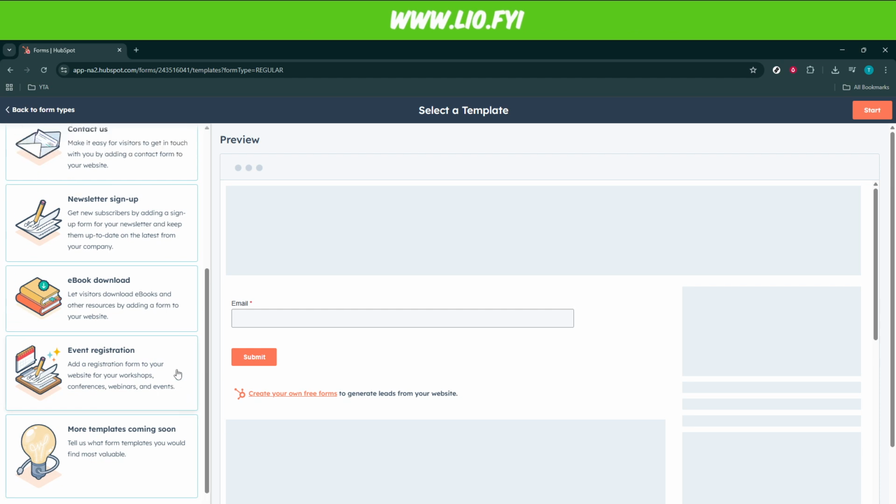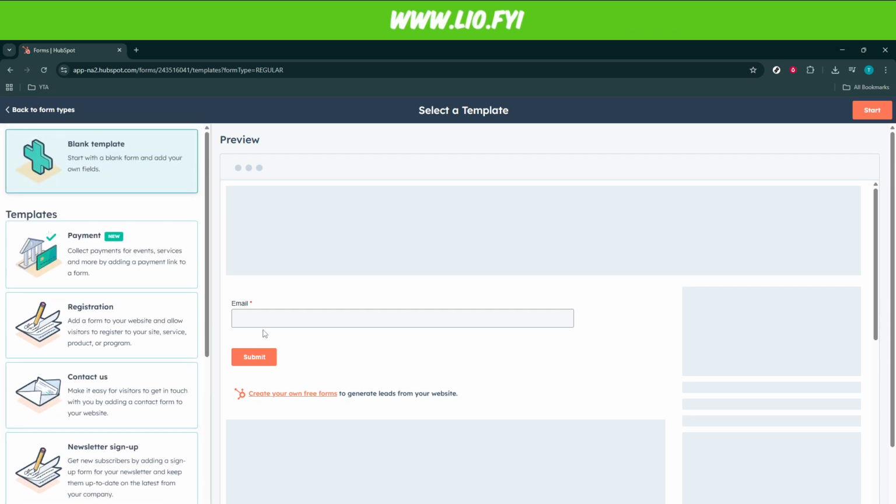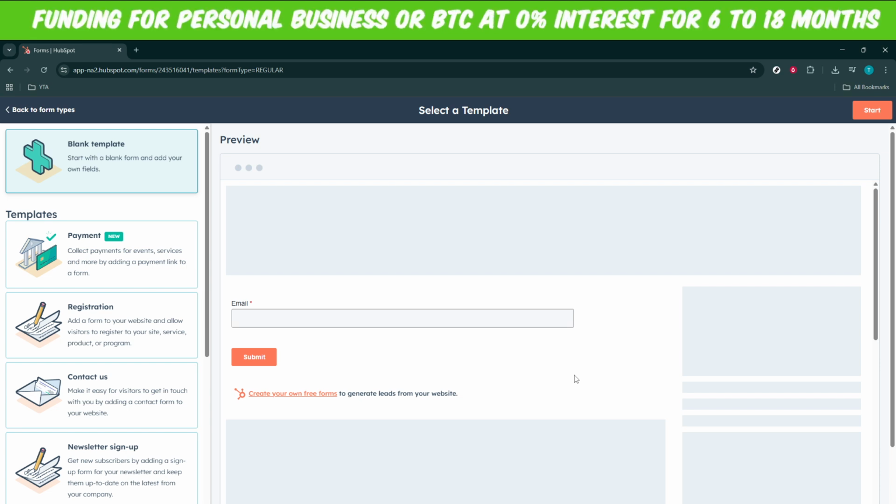And there we have it. You've now successfully accessed the necessary resources and created a form using HubSpot. Taking time to familiarize yourself with these tools can significantly increase your efficiency and success in managing customer interactions. Keep exploring to find more ways to optimize your use of